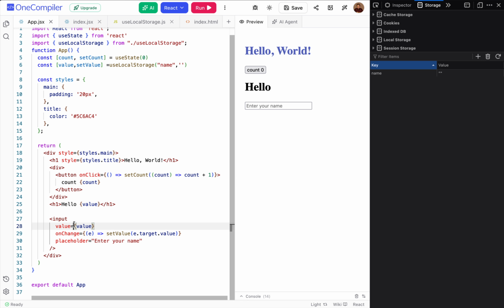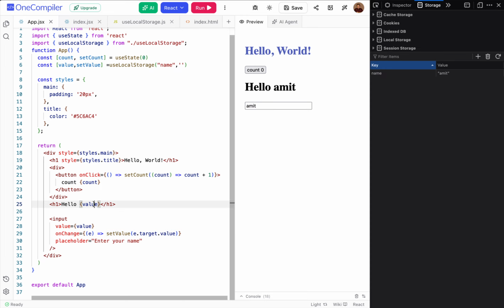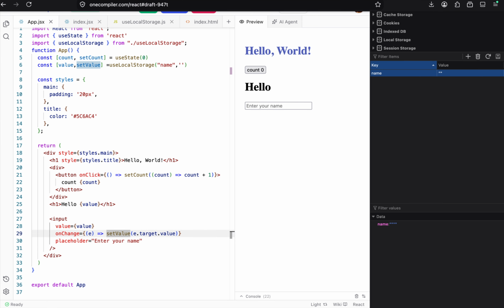And then over here, whenever our input changes, we will update with setValue. So this is the crux. Now we can see how it works. Let's say we give a name Amit, right? So it will show Amit over here, and we are taking this value from our getter, and over here we are setting the value using the setter, right? And over here you can see this local storage has the updated value of Amit. Let's say we remove this, so this will be removed and added as an empty string, right? So that's all for